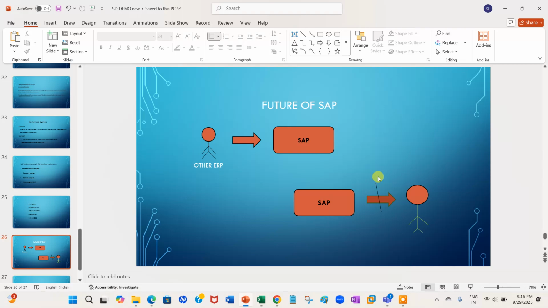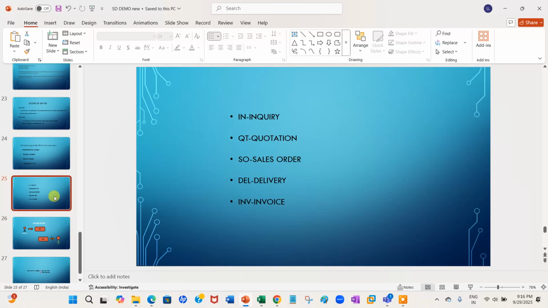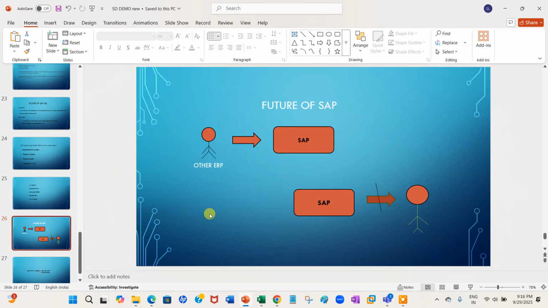People from Java, .NET, Python, DevOps, AWS, whatever they are doing, will come from their side to SAP. But it will not happen the other way, from SAP to their side. That is what is happening with SAP.